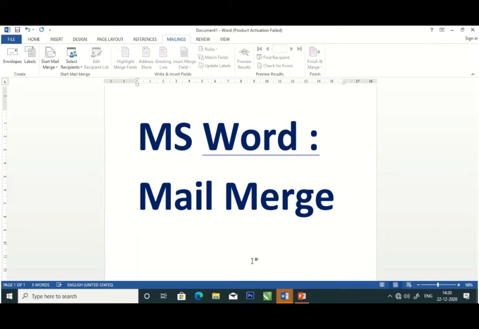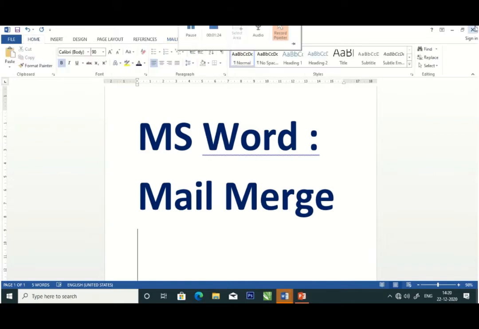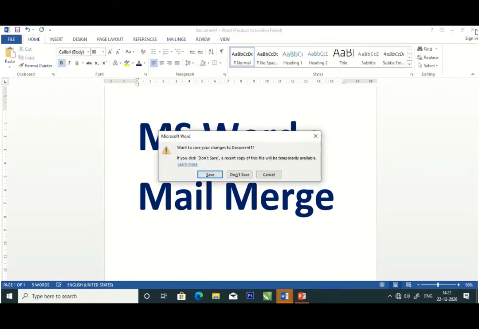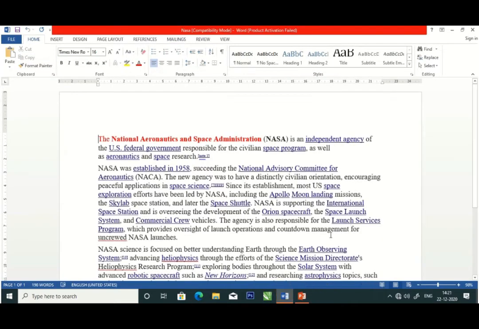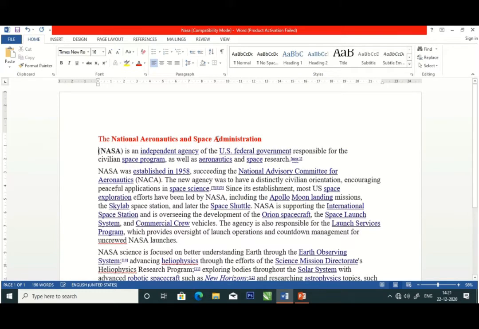document. Using mail merge. Create a document and type the content, or open the existing document which contains the content which is to be sent to different people. Create a data source in MS Excel or MS Access and save it with a proper file name.